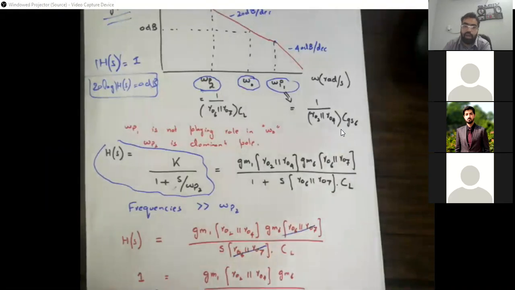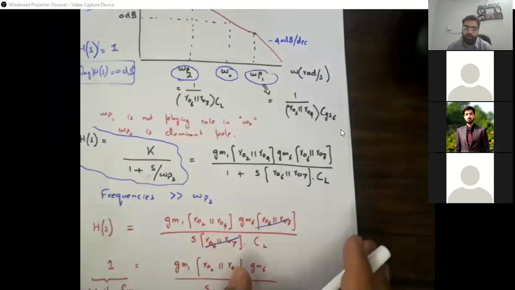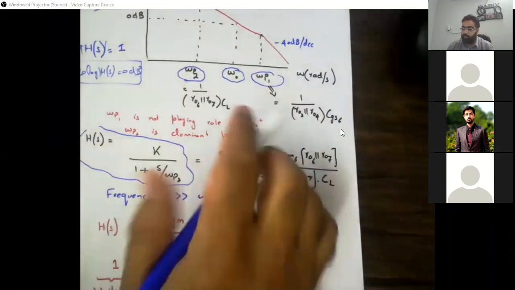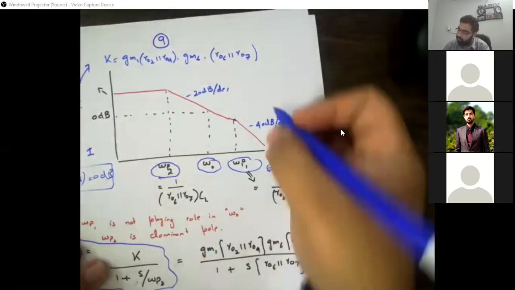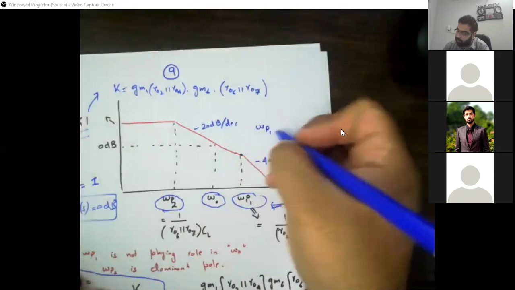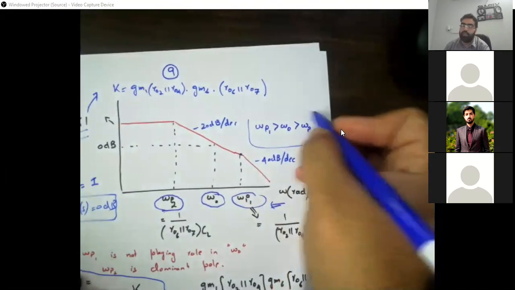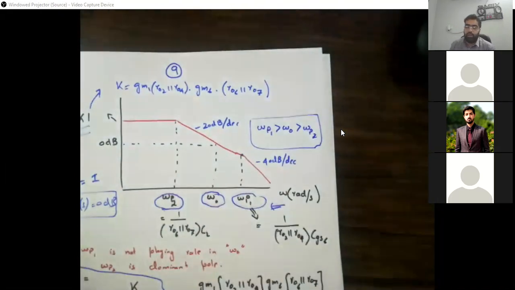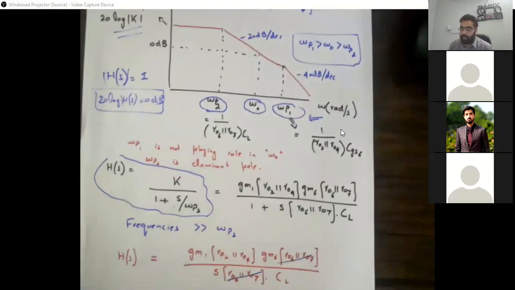Okay, it's not like for accuracy you can't bring it in, but then this expression is going to be complex and we end up in complex math. लेकिन जो आपके पास tools होते हैं, simulation tools, they consider that thing, but for our simplification we are just omitting omega p1. Why? Just because of this assumption. क्योंकि अभी we are saying that omega p1 is bigger than omega naught, which is bigger than omega p2. ठीक, just for simplification. अगर ये condition ना होती, then definitely we have to consider omega p1. क्योंकि omega p1 omega naught से बड़ा है, that's why it's not going to affect omega naught calculation.